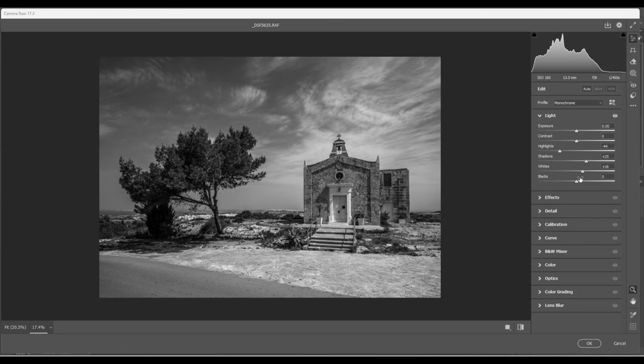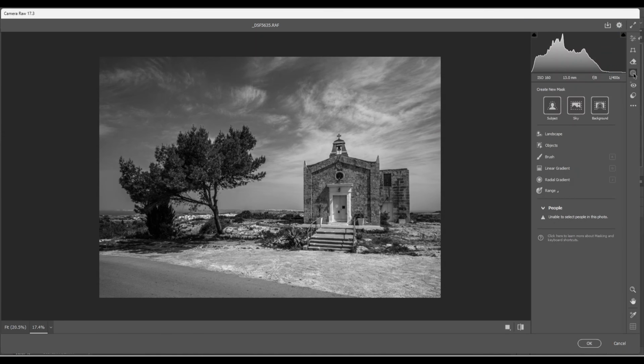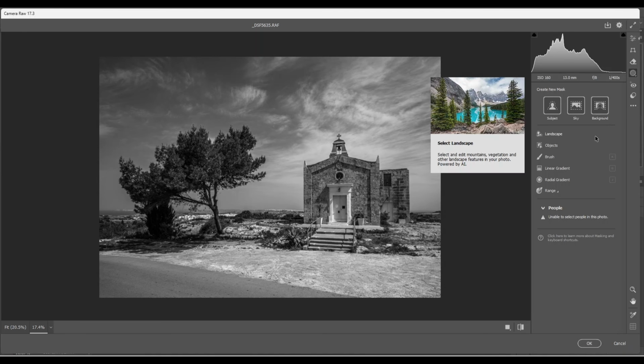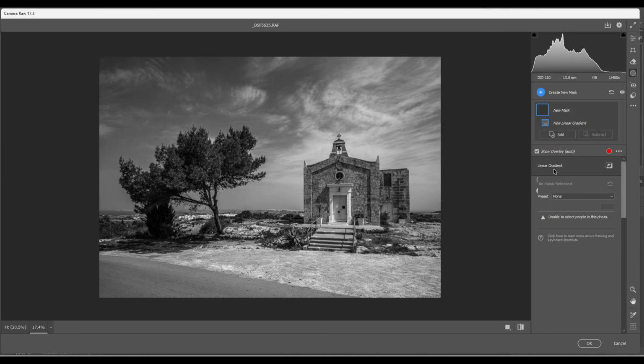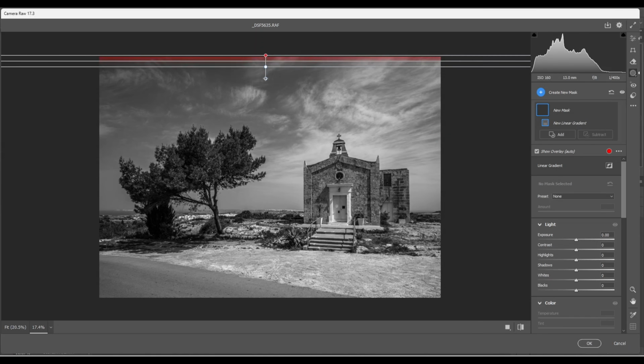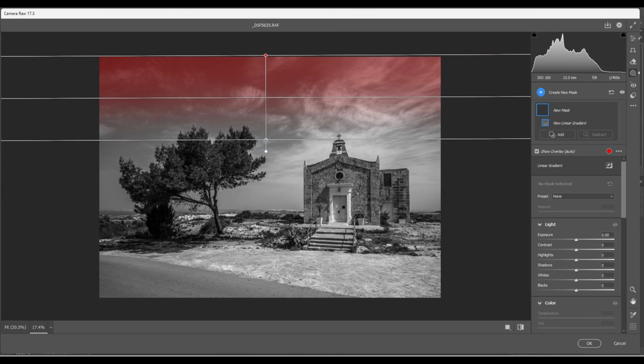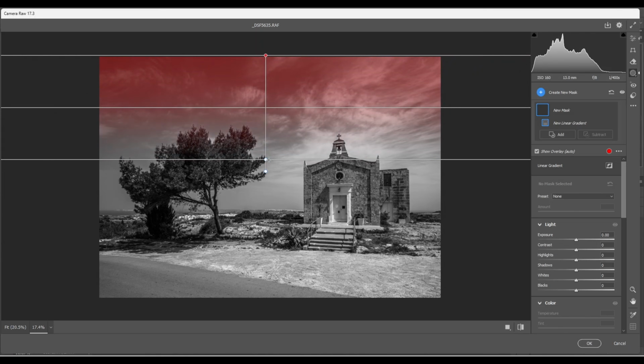And here we're going to head over to the masking. We haven't come to that special tool yet, guys. So bear with me, because we'll be using that tool nearly at the end of the tutorial. And here, like before in my other tutorials, I use the linear gradient first. And I'll be using it over the sky. I'm going to go all the way down,